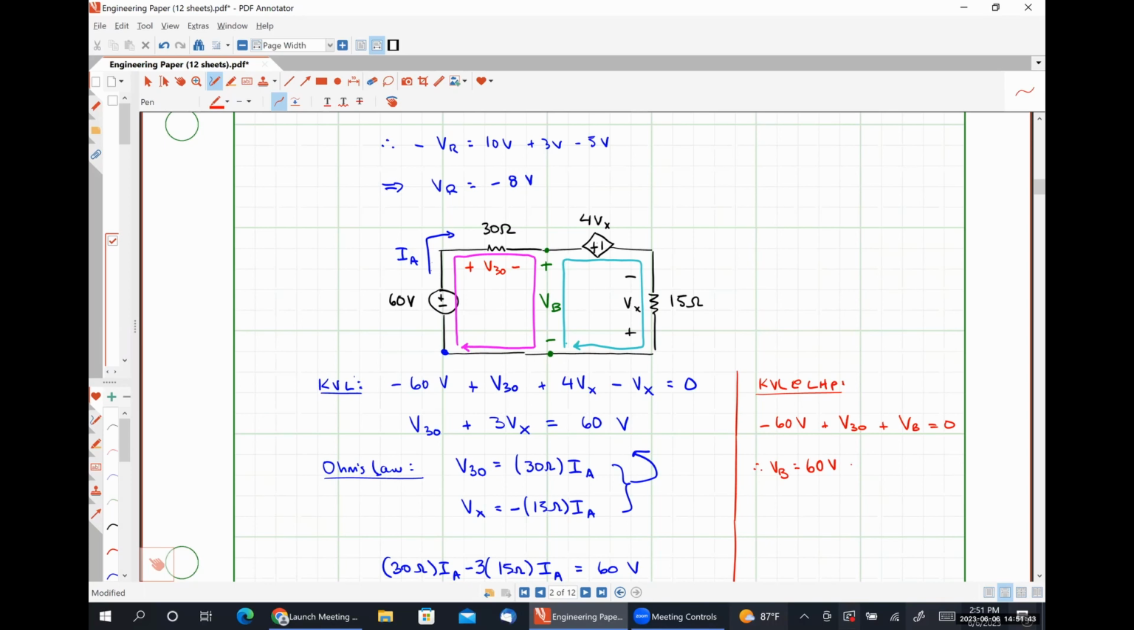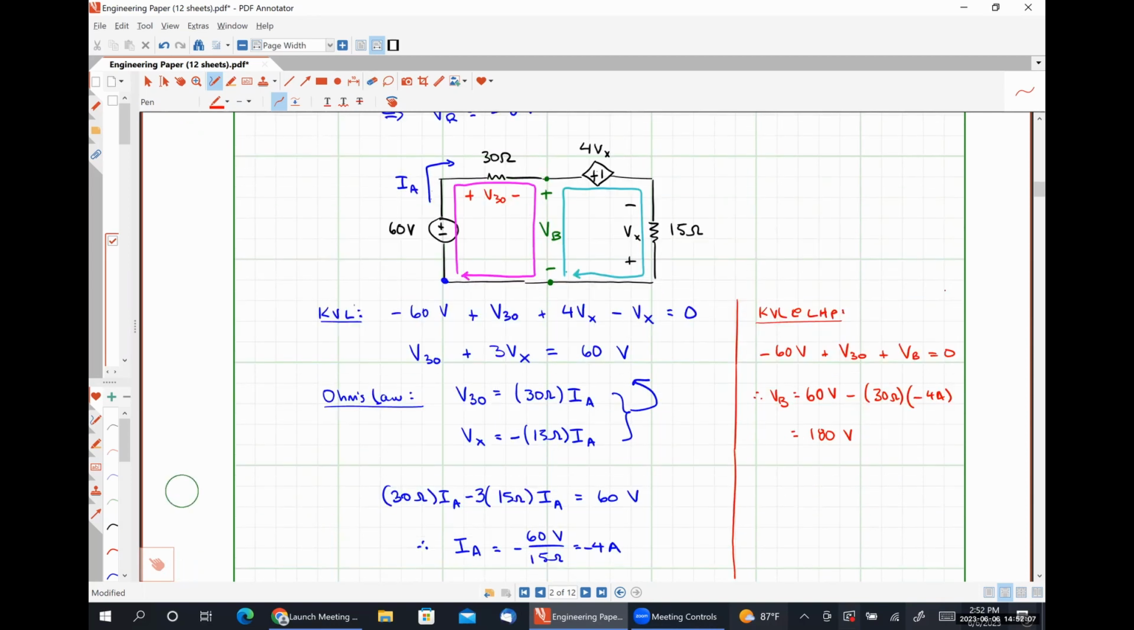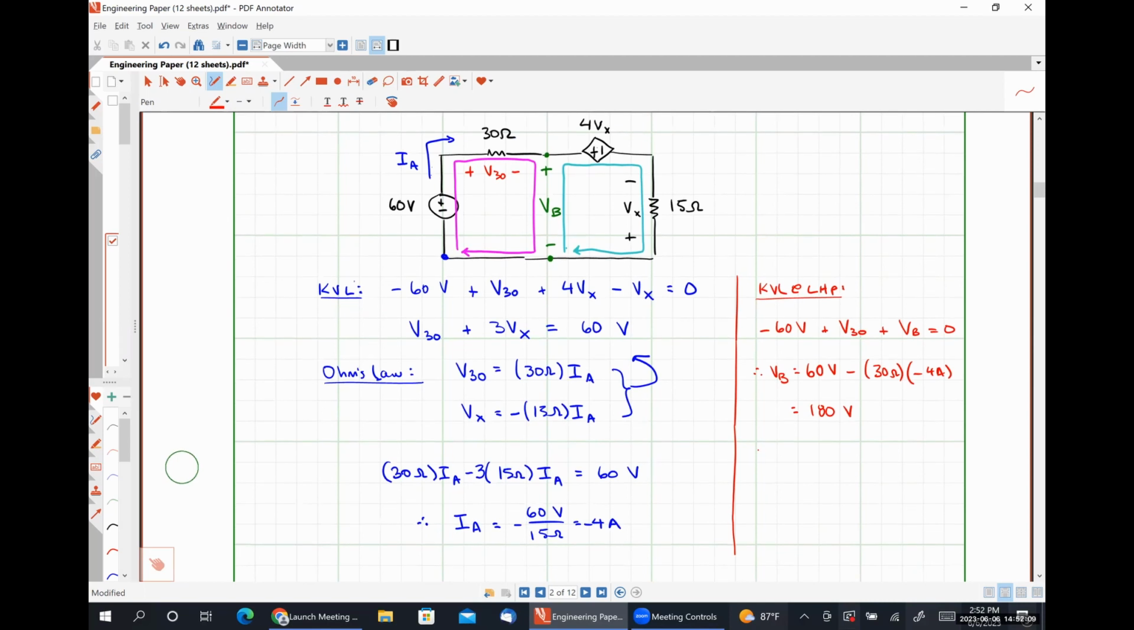And V30, if you recall, is 30 ohms times IA, where IA we found to be negative 4 amps. So that 60 minus negative 120 to me looks to be 180 volts. If I write a KVL equation around the right-hand loop, the right-hand path,